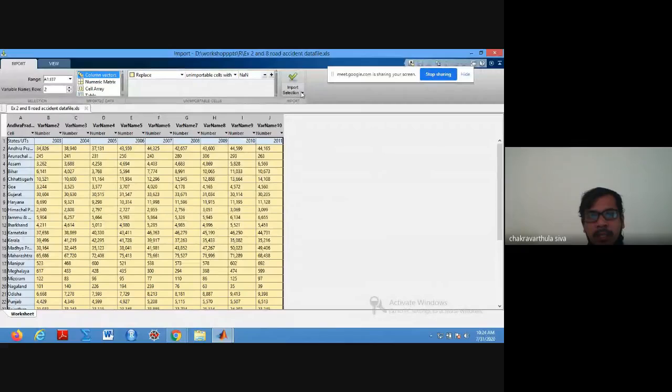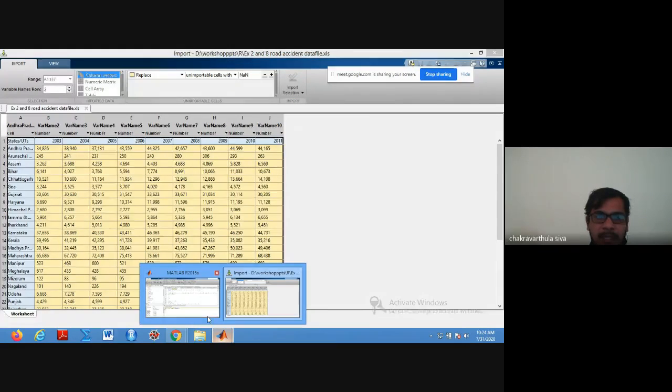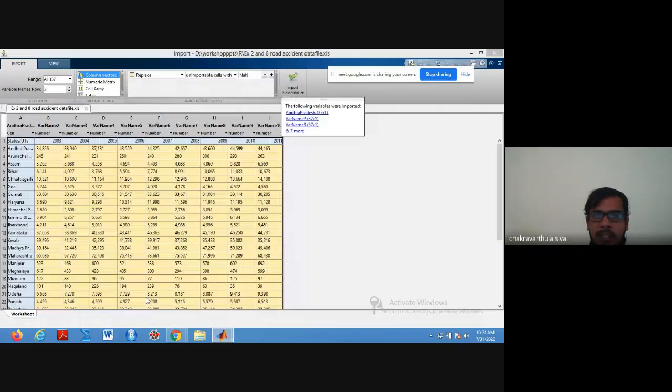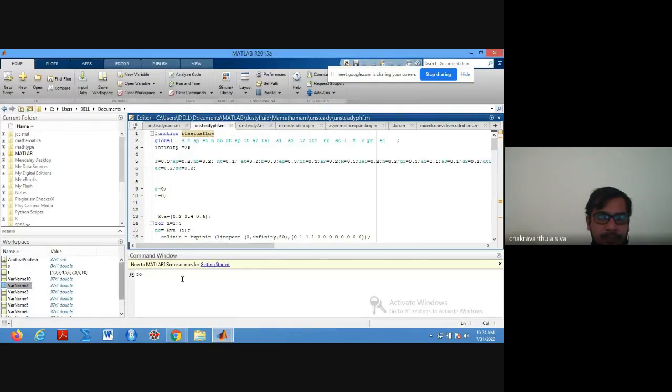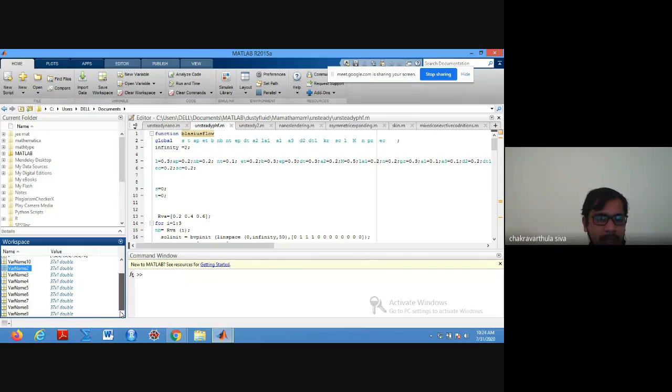So here we have import data, so that the entire data is added to our workspace in MATLAB. You just see the workspace that is available here. So we now got the complete data. Variable 1, variable 2, some 10 variables are generated here.